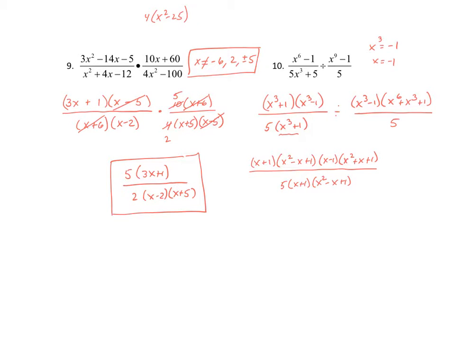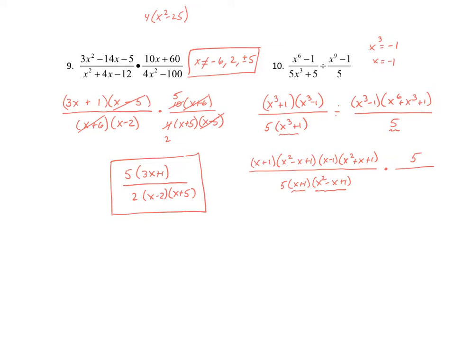Now I can go ahead and flip at this point, okay, because I've already identified the restrictions from the denominator. The 5 is not going to yield any restrictions. I found that x cannot take on negative 1 from this factor. The trinomial here, if I set that equal to 0 and try to solve, I'll yield only imaginary values, and so those don't need to be included in my restrictions. It's only real numbers that need to be included in the restrictions. So I'm going to go ahead and flip